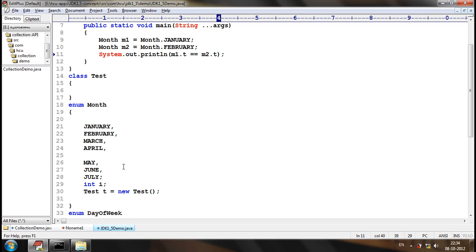Each and every object will have only the non-static attributes, or all the attributes? Each and every object will have static attributes, that means the constant part, or non-static attributes? Only non-static attributes will be a part of the object. Okay? Static attributes will not be a part of the object. Now what is the value? Will it be true or false?